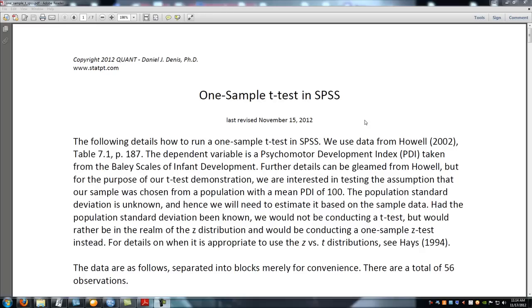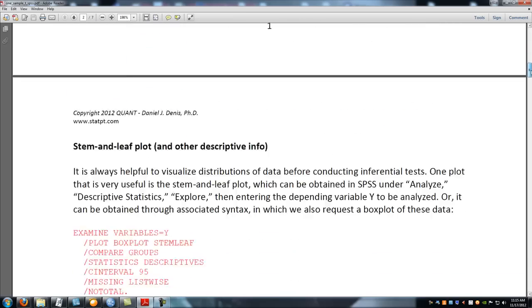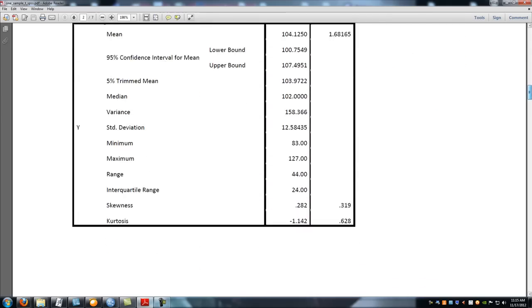We'd like to show you how to do a one-sample t-test in SPSS. Now online, these notes detail an example found in Howell's text in 2002, where the dependent variable is a psychomotor development index, or PDI, taken from the Bayley scales of infant development. So if you scroll down these notes, you'll find details on running a t-test on that data, including some descriptives